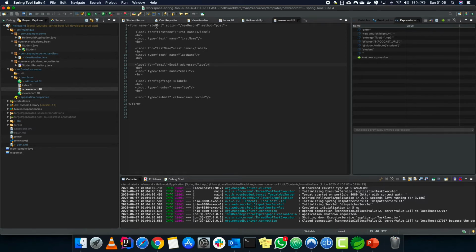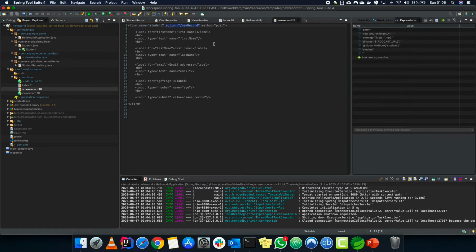Its method of submission is post. There can be something like put, something like get, something like delete. These are how form submission works. Form submission needs a method, so we are giving it post. Then the name of this particular form is student, and the action is new record.